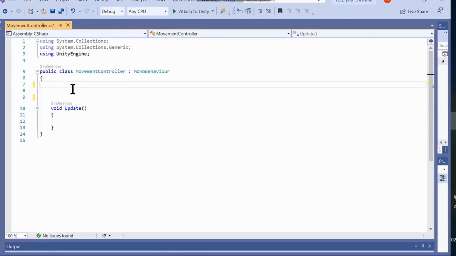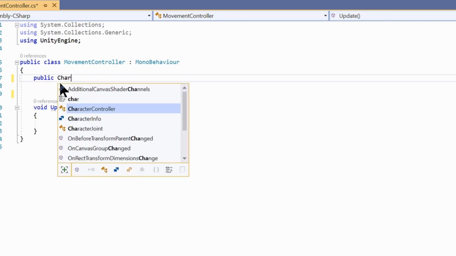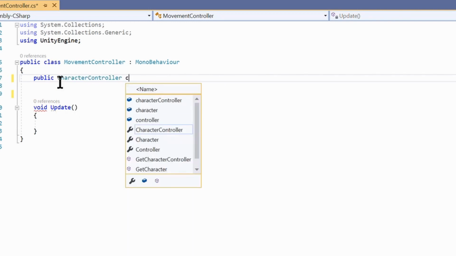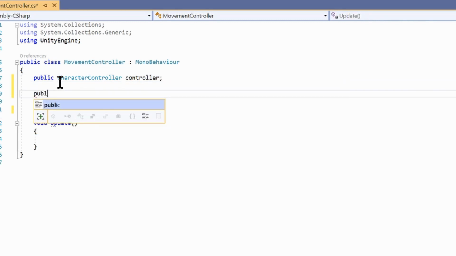Now, when we call the move function, we need our script to know which character controller we are talking about. So we need a reference to our character controller component. So public CharacterController, give it a name, we'll call it controller. And we will need a variable to control the speed of our player.